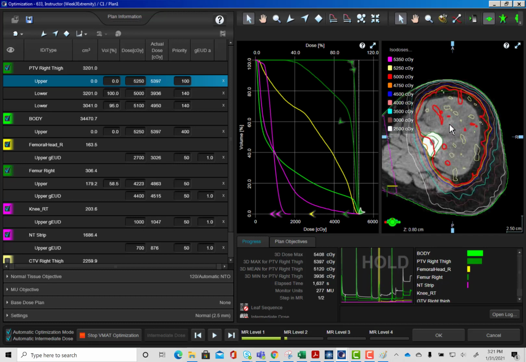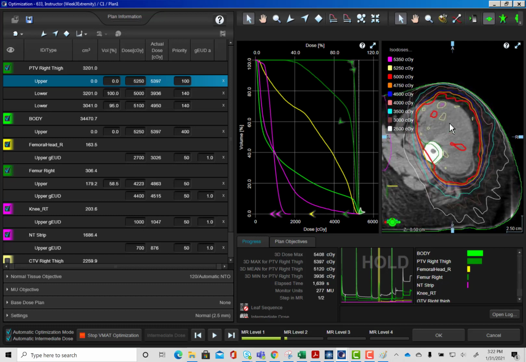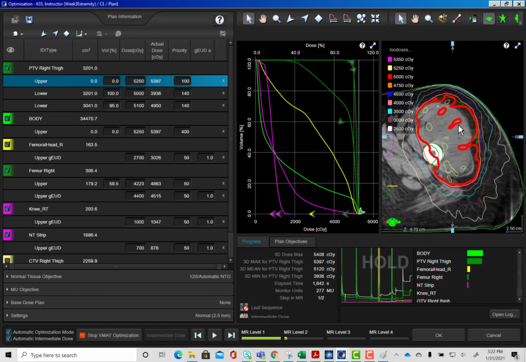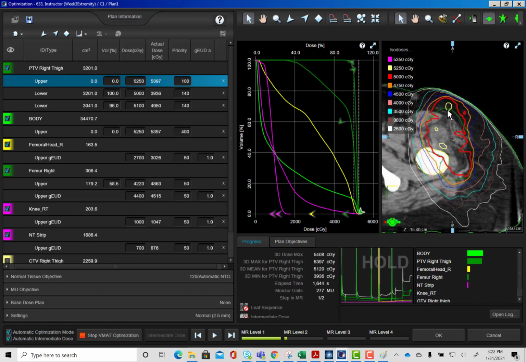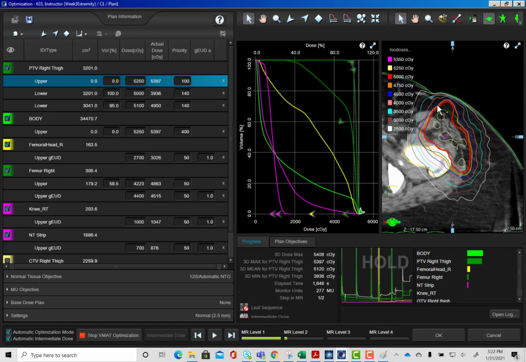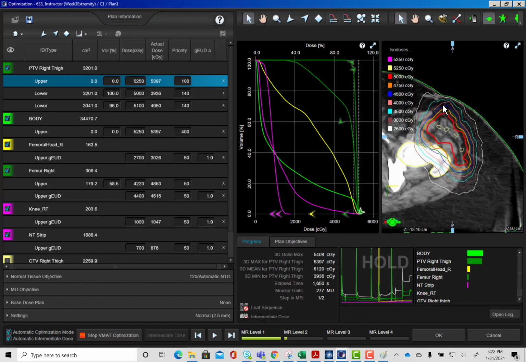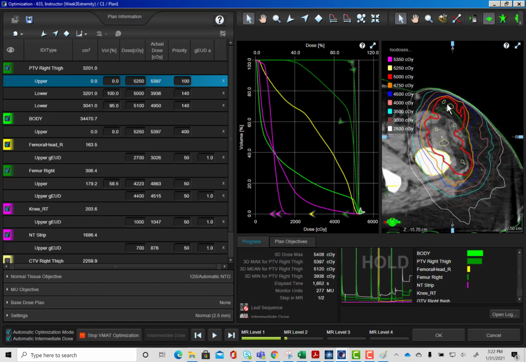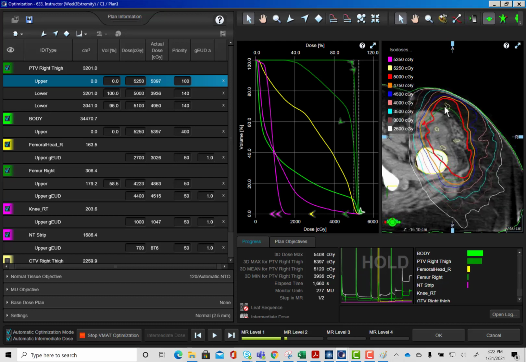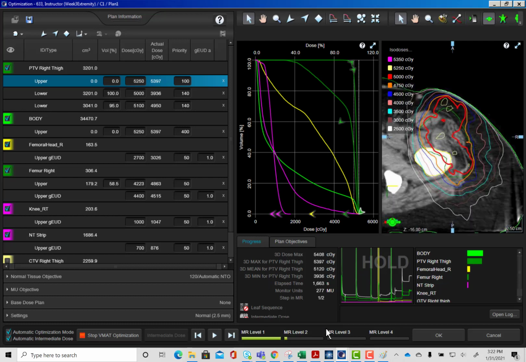So that's why people make things like rings and stuff like that, which we'll make a ring for this second plan, or the second run of this plan, because I think it could benefit from it. And all that'll do is give it a little bit more specific idea of what we want. So we're going to tell it specifically in this area we also want it to be conformal. Anyways,